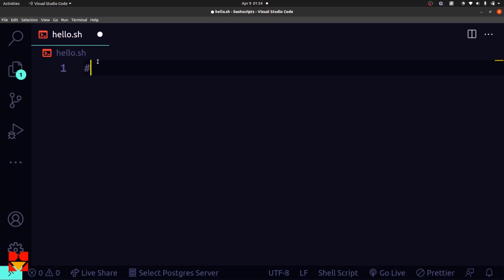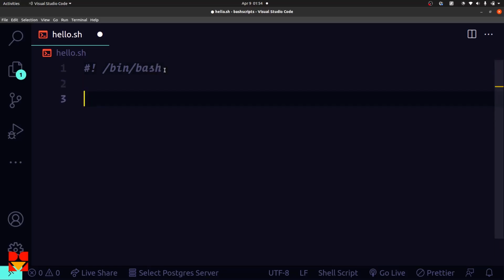So the shebang is just a hash and then an exclamation. That's the shebang that tells the Linux kernel the file or the utility that you want to use to run the script. Okay, so here we use /bin/bash. So we want to use the bash utility here to run whatever is coming down here, right? So the basic command we can do is just to echo something, right? And then we do echo hello world,